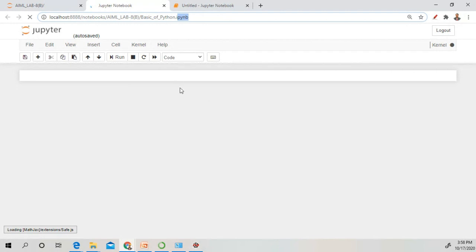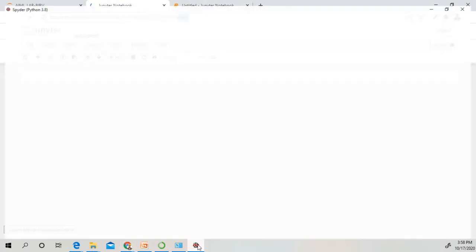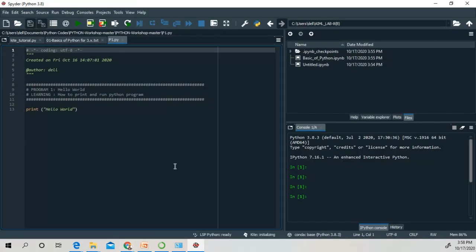Any doubt till now? Have you understood about Spyder? Have you understood about Jupyter? Write your doubt in the chat box. If you have any doubt, you may ask.